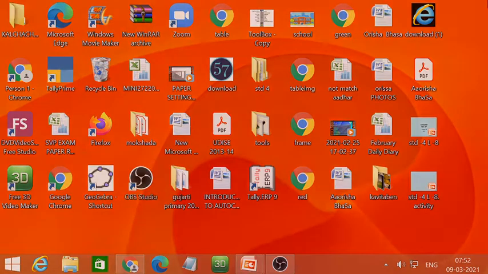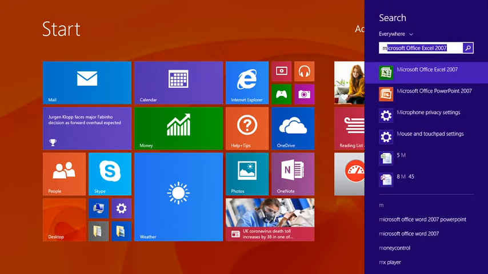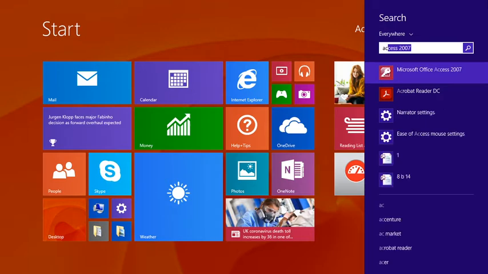Students, as you know, the application which is used to create a database is MS Access. So I will write here the name of the application, MS Access. It is identified with the help of this key icon.